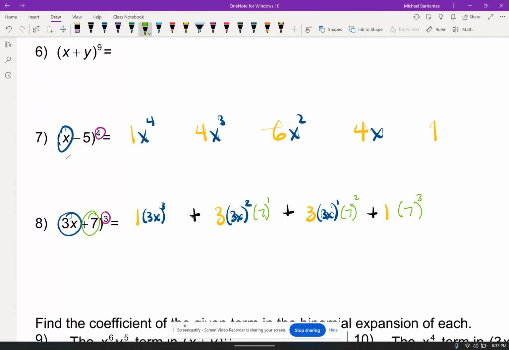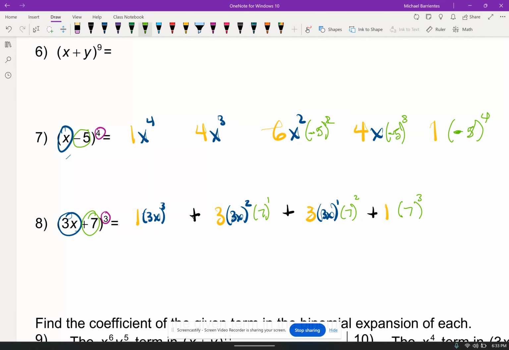Okay, take the second term. But when I look at the second term, I got to be careful. There's a minus there, so I got to include it when I write it. So this is going to be negative 5 to the fourth, negative 5 to the third, negative 5 to the second,